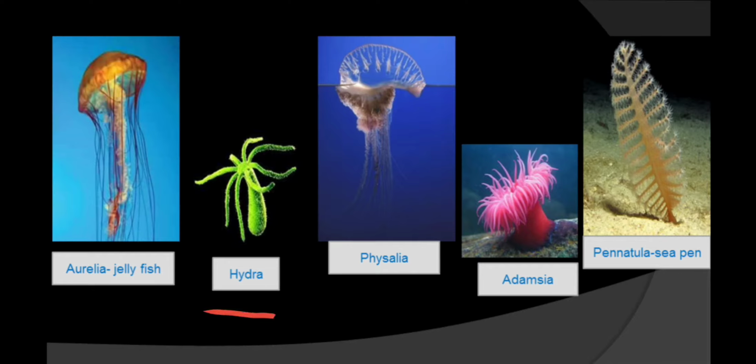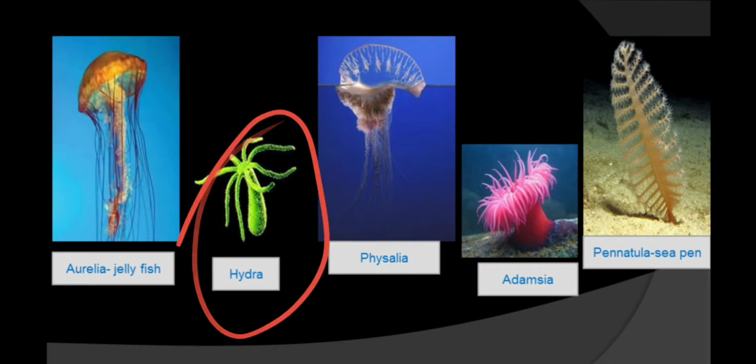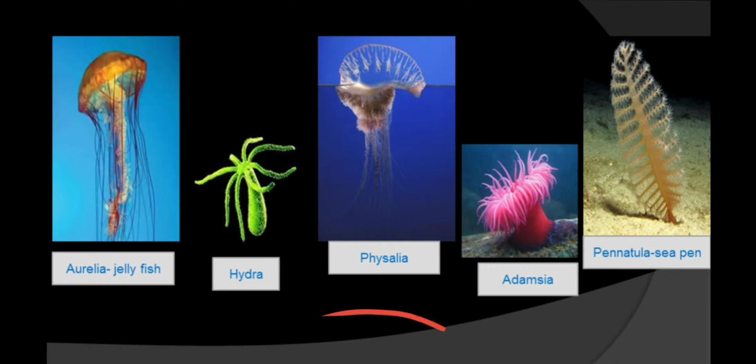Then this is Hydra. You are well aware of the Hydra. Then this is Physalia, and these are the tentacles of the Physalia. They contain venom and inject it into the organism, which may paralyze that organism. And this is the pneumatophora of Physalia. Due to this pneumatophora, which is filled with air or gas, it remains on top of the water, as you can see in the image.